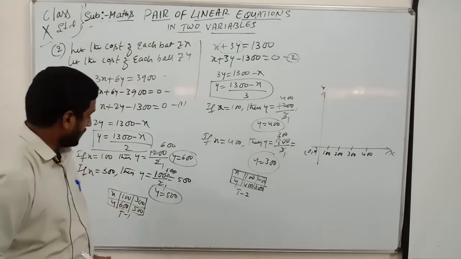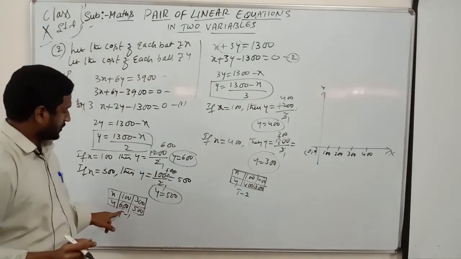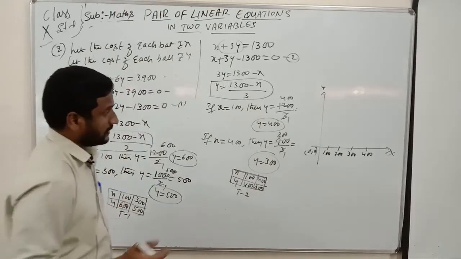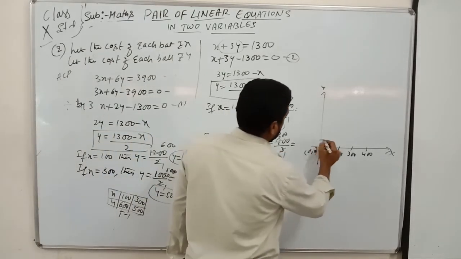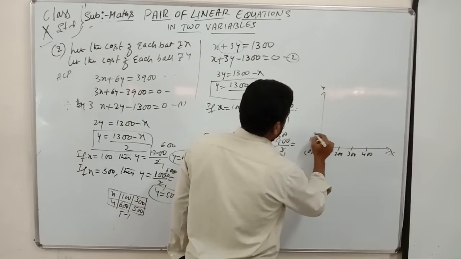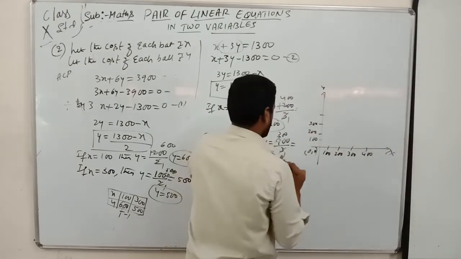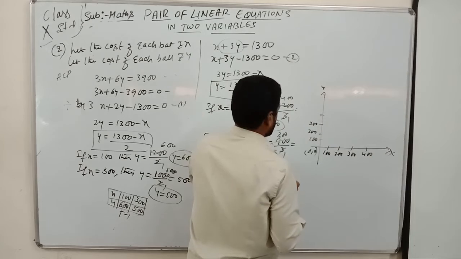Next y value, the highest y value is here. The 600 here, 400. Therefore 600 is the highest value. So on the vertical axis you can take 600 as the highest. Same again, 100, 200, 300. Next 400,